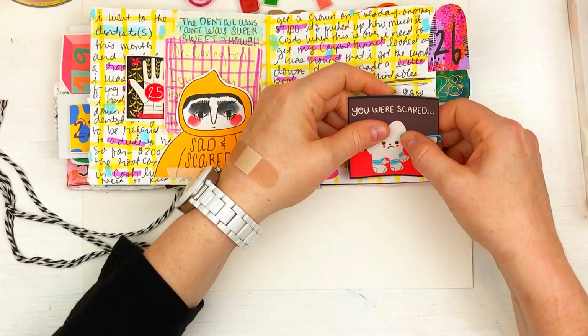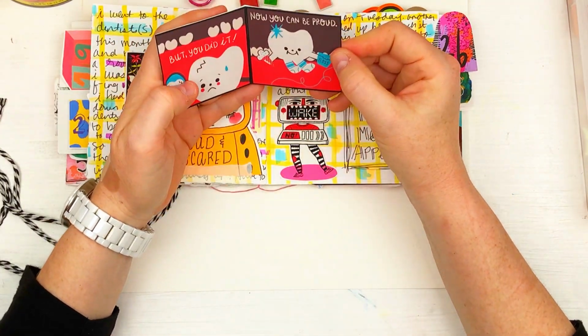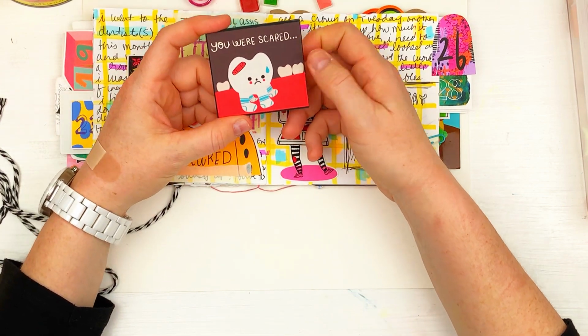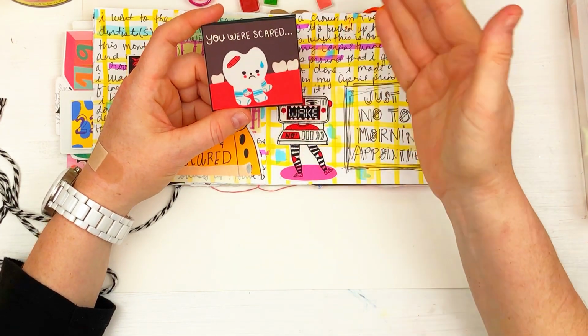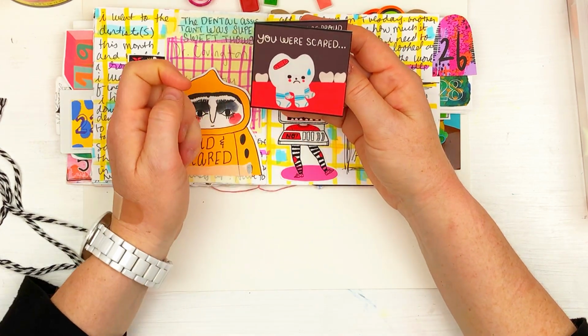And here was another comic book that I made. I think, is this the one that's out of order? Oh, no, it's not out of order. This was a corrected one, but I forgot to put my name on it to make it look kind of like a book. But yeah, this was having to do with going to the dentist. This